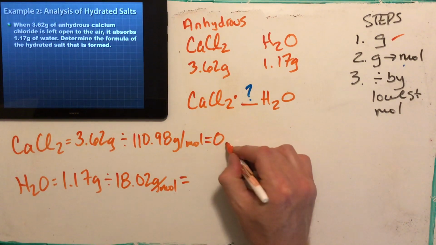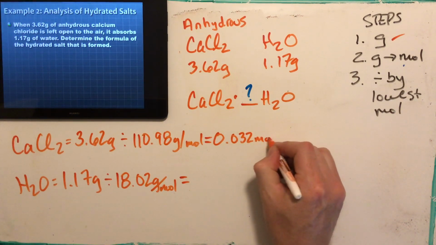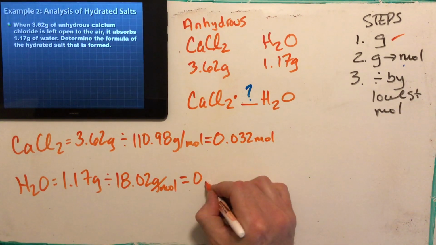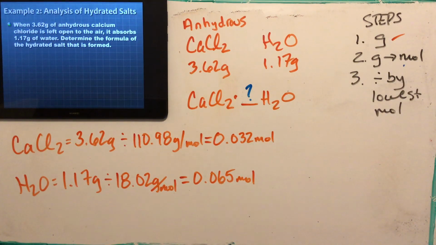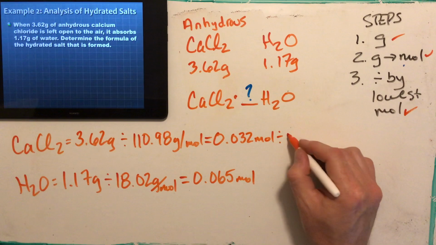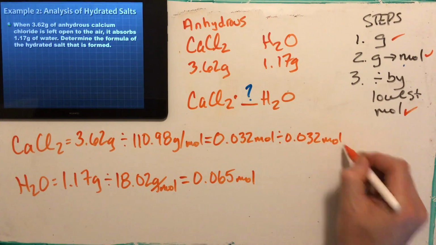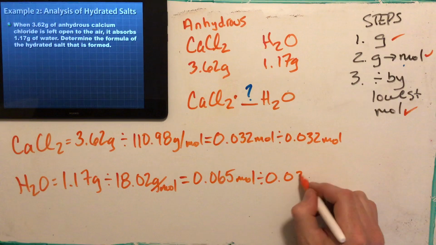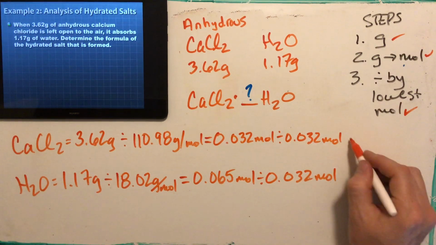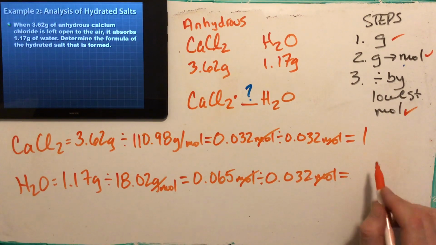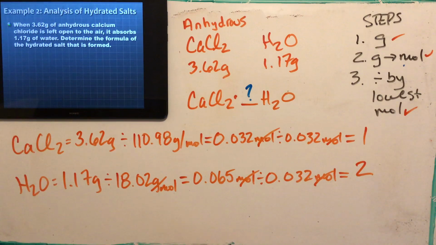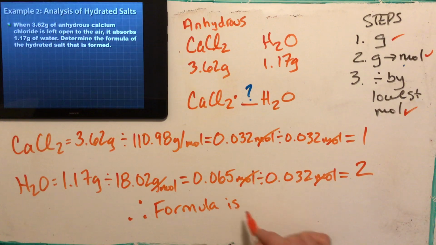Finish on my calculation. This is 0.032 moles. This is 0.065 moles. So I've done this. I've turned them both into moles. Next, divide by the lowest mole number. That's this top one, 0.032 moles. And I divide them both by that. Moles divided by moles will be no more moles. And this is a 1. That's a 2. So therefore, the formula of the hydrated salt is